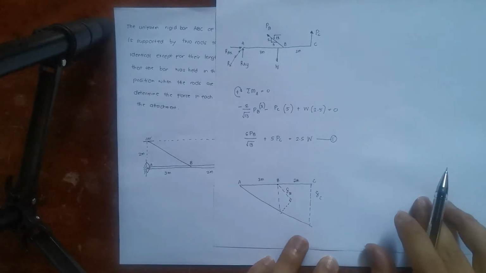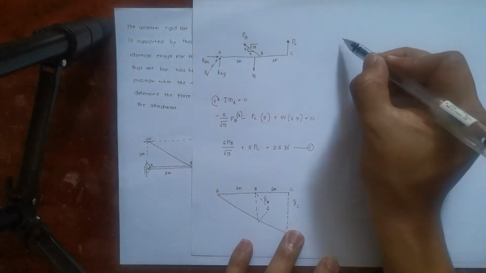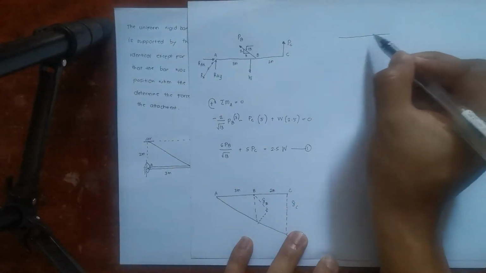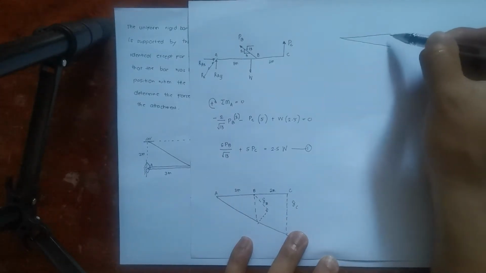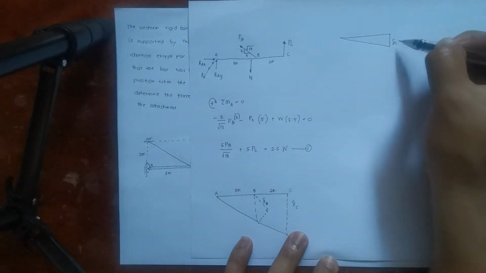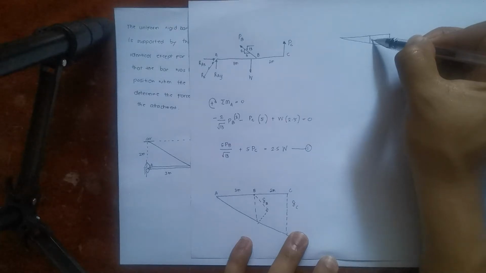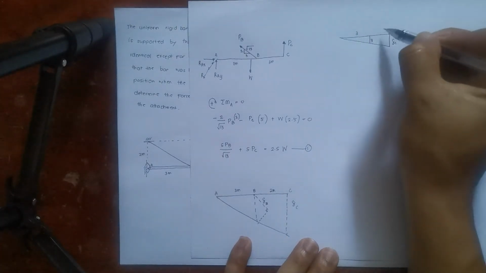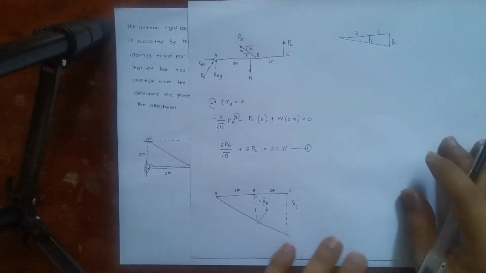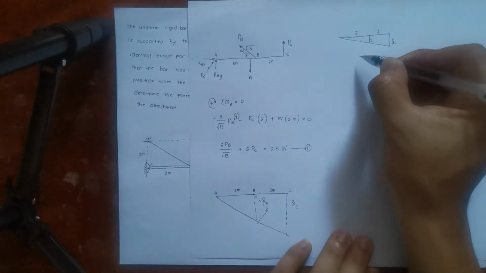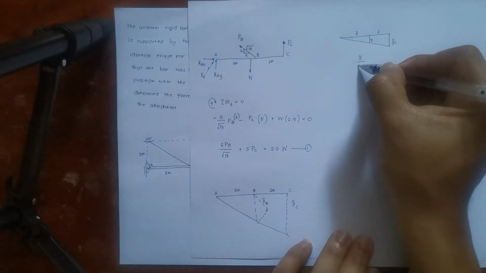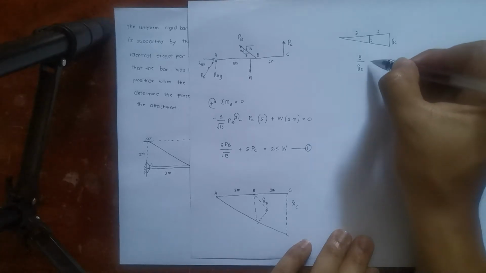So by that triangles, ihiwalay lang po natin. This is deformation at C. Let this be Y. This is 3 meters. This is 2 meters. So, by ratio proportion, pwede na sabihin na Y corresponds to deformation of C